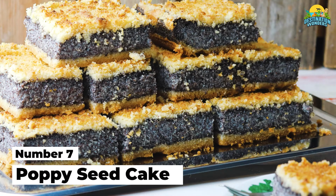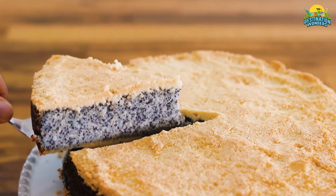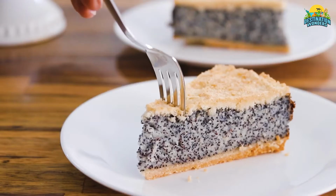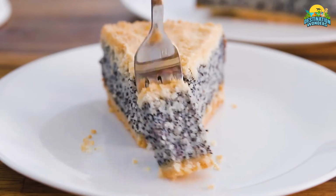Number 7. Poppy seed cake. Makołajka is a traditional poppy seed roll cake made with a sweet yeast cake base. Poppies feature heavily in Polish desserts, likely since historically this was one of the most easily accessible sweet ingredients in the area. In the roll, you can find a poppy seed paste that is often accompanied by raisins and finely